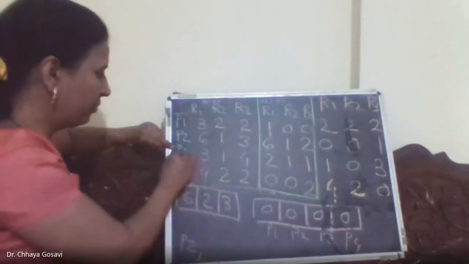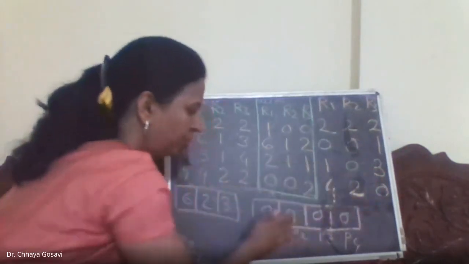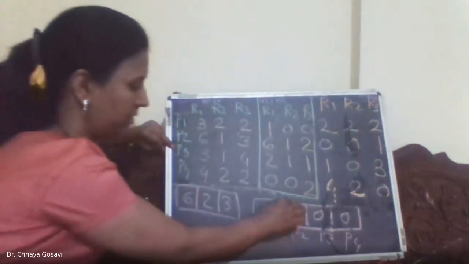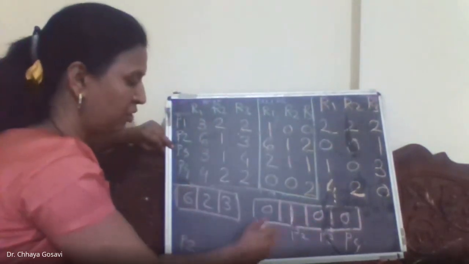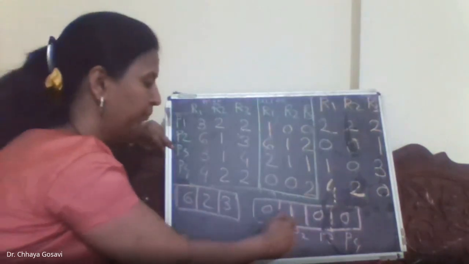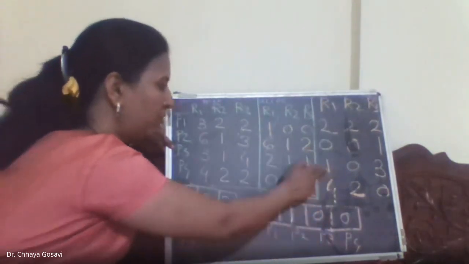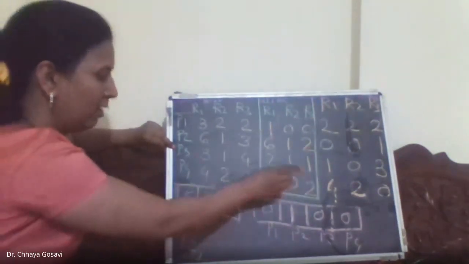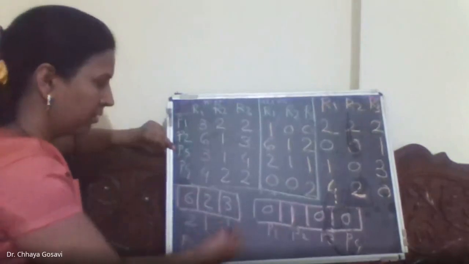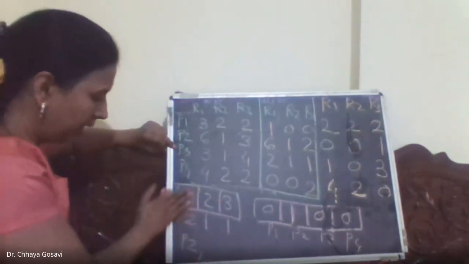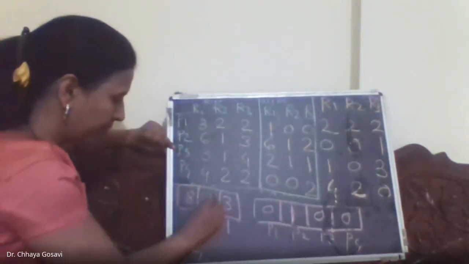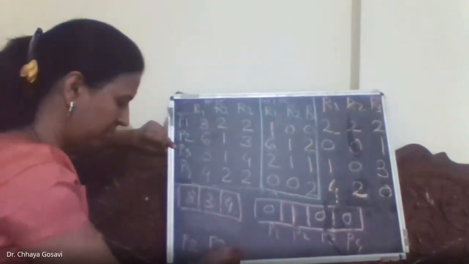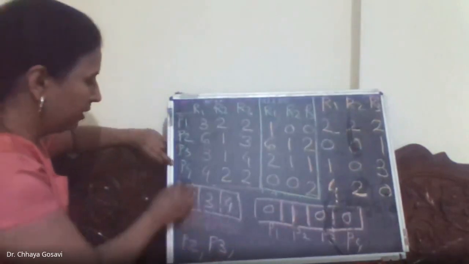So can we grant the request of P3? P3 request is 1 0 ... We have to make P2's finish 1. P2 executed, so make this flag, or finish of that particular process, 1. Then for P3 finish is 0. Need is less than work. So P3 can complete. Add allocation to the work, that is 2 1 1. It will be 8 3 4, and the sequence is P2, P3.